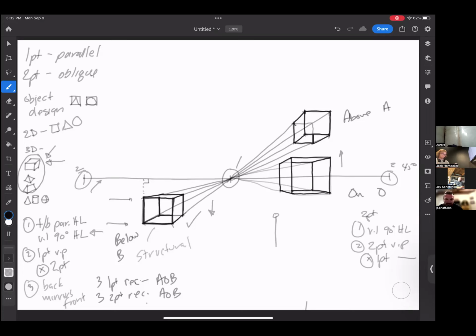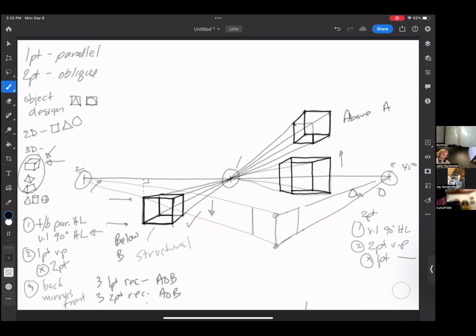What that means is that you're going to attach the top and the bottom of that line to this vanishing point and to the opposing vanishing point. Then you're going to guess about how wide you want that object to look. These things do not have to be cubes for purposes of your assignment. They just have to be rectilinear, box shaped.